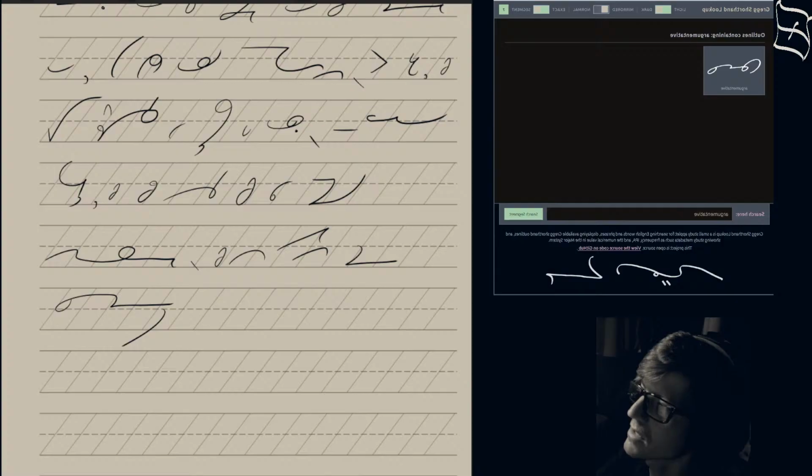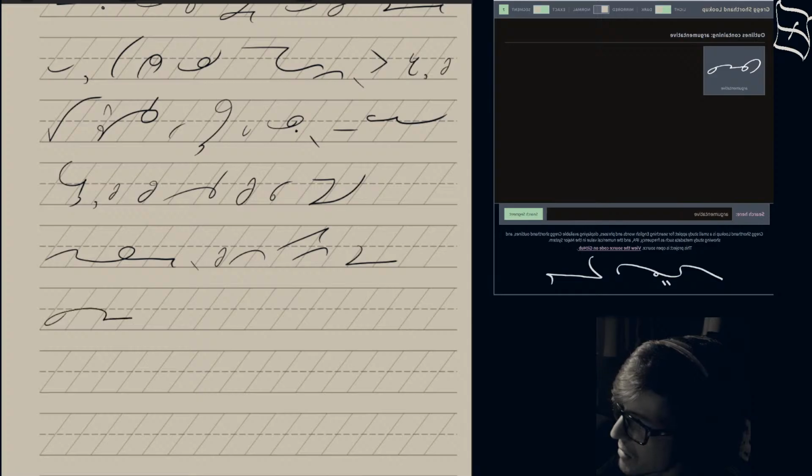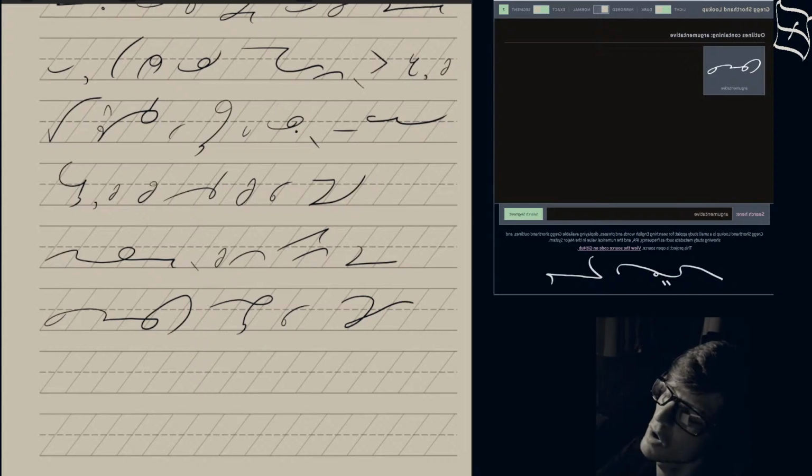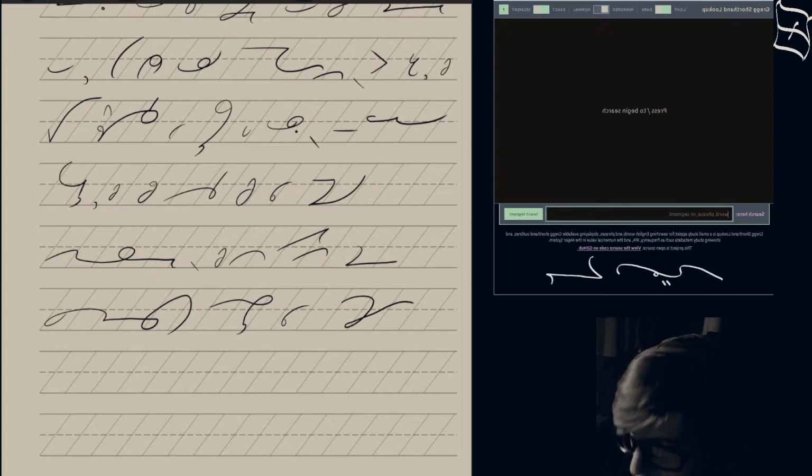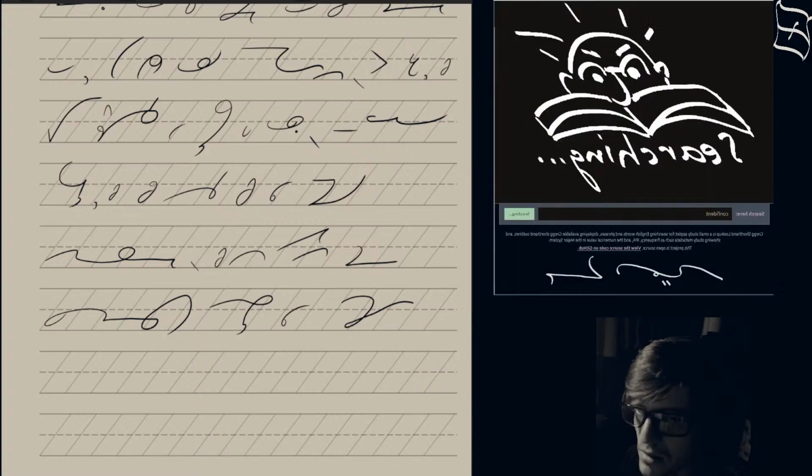So let's go ahead and flip this around. Argumentative gaps with confident gestures. Let's take a look at that. Confident.